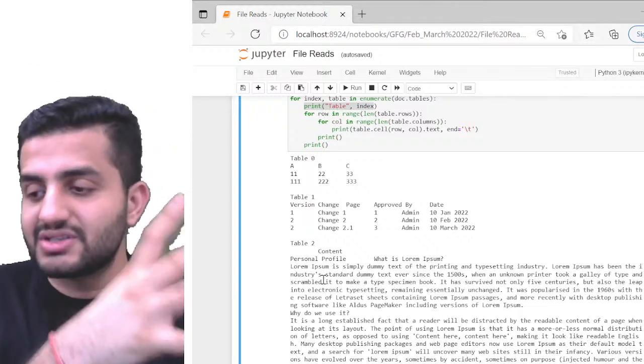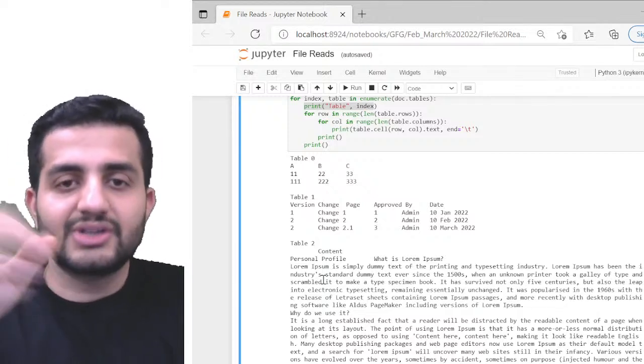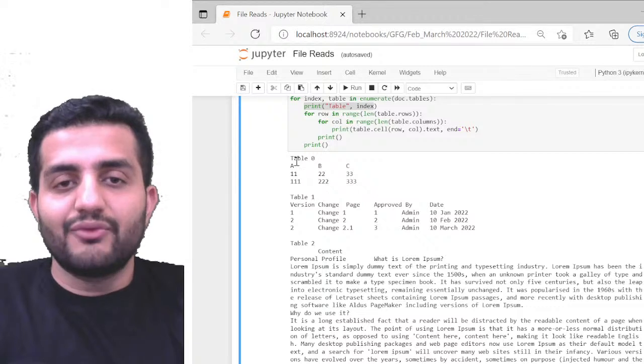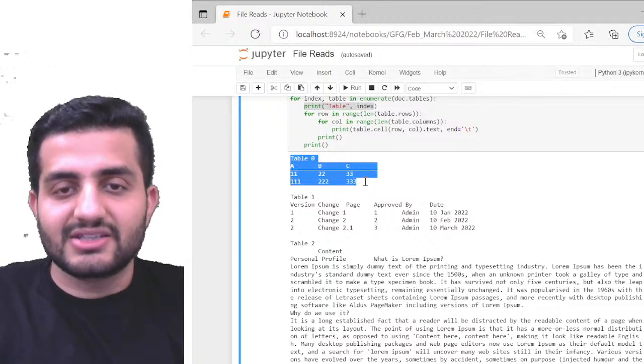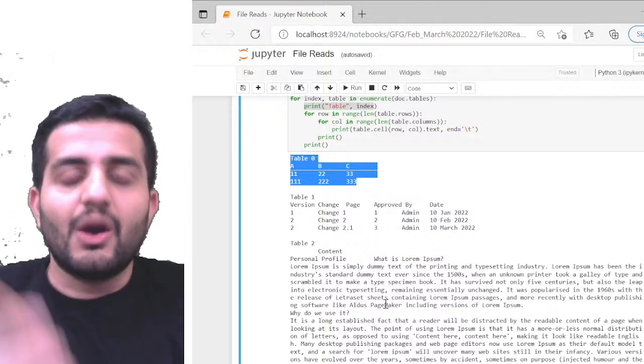It is not like I have to just read it. Ultimately, the end objective is I have to do the data analysis on top of it, right? So how am I supposed to do that? That is something which is very important. Ultimately, I have to get this data in some way and store it in some data type, right? So how can we do that?